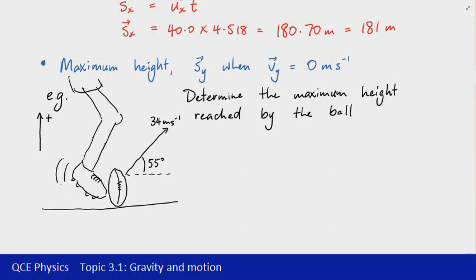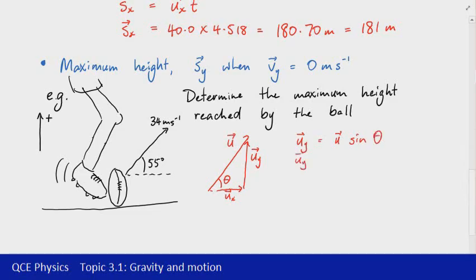So again, we need to look at the quantities that we've been given and figure out exactly what's going on with the initial velocity. You can see here that we've got an angle involved, so we need to resolve that so that we can figure out what the components are in both the horizontal and vertical directions. So if that's our vector u, this would be uy, and this would be ux, and this is just the generic diagram here. So we can see that the quantity uy is going to be equal to u sine theta,